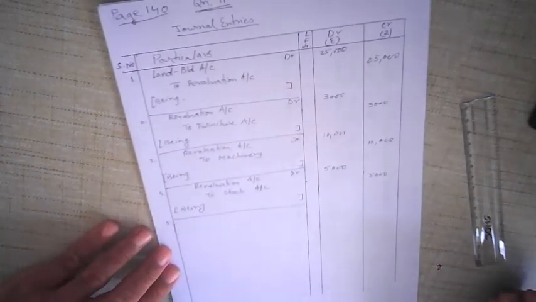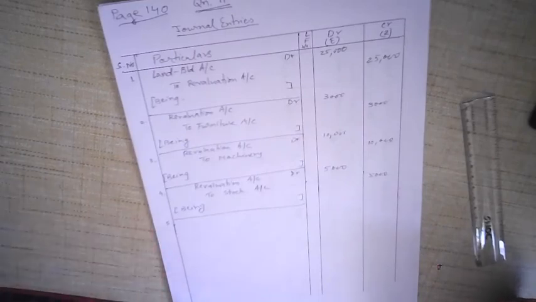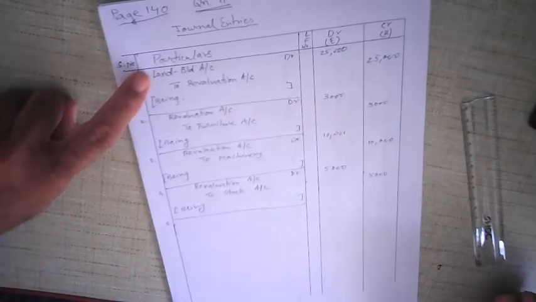Total amount of 2,500 is to be kept for bad debt reserve on debtors. 2,500 is the bad debt reserve, but in the balance sheet only 1,000 is there. So the difference is 1,500. So bad debt reserve is to be increased by 1,500. Remember, bad debt reserve is a liability. So liability is increased. Okay, just the opposite of this.